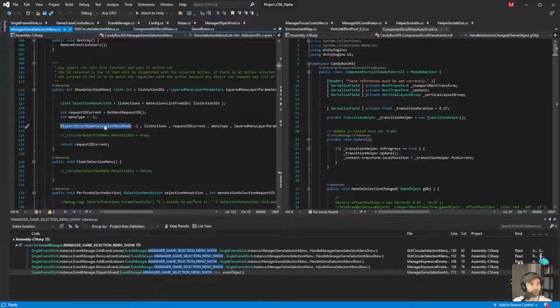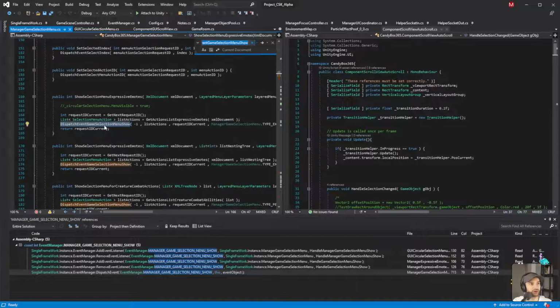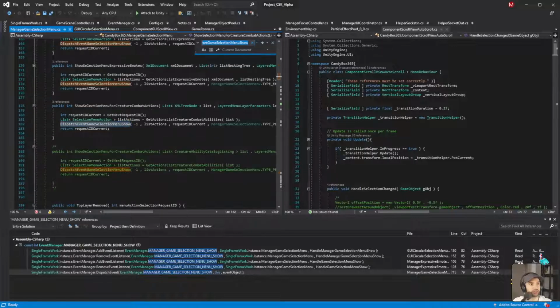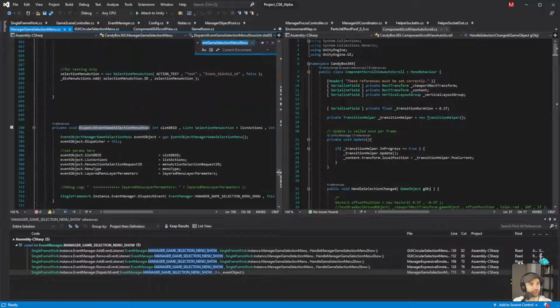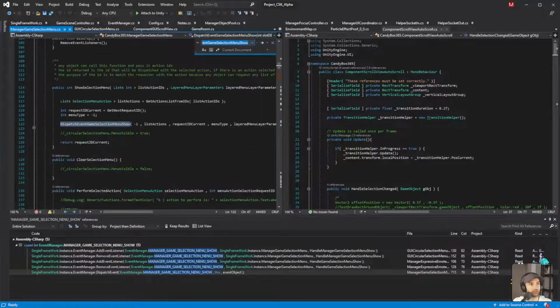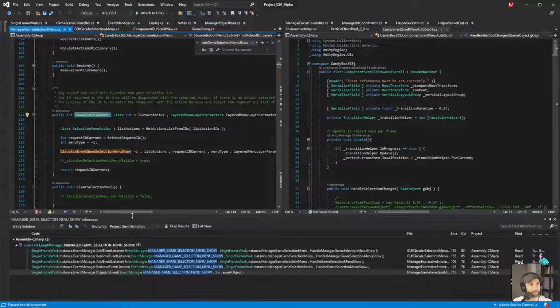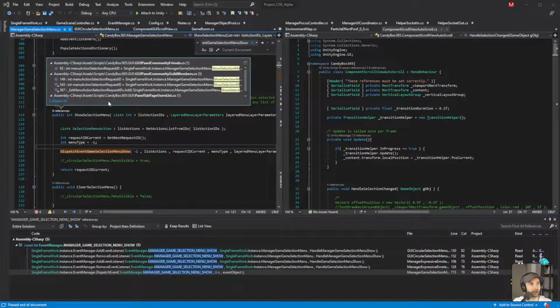Show selection menu. Let's see, where does this get called from? Show menu, expressive emotes, combat actions. Okay. Show selection menu. I think it's this one. I think it's this one. So let's keep going backwards.